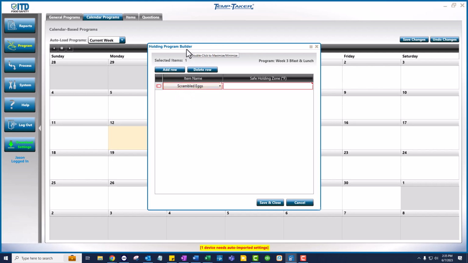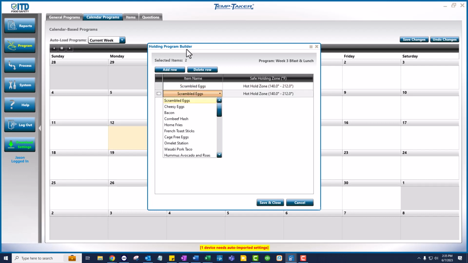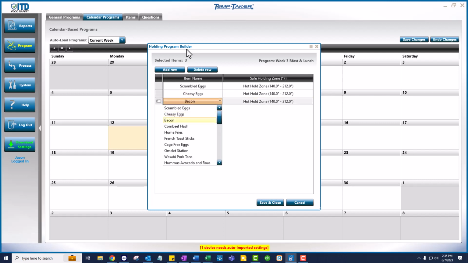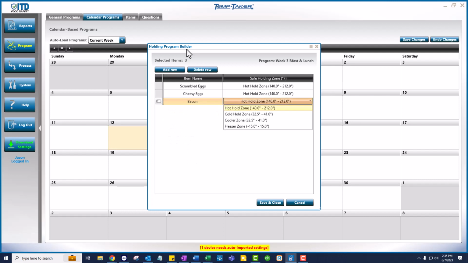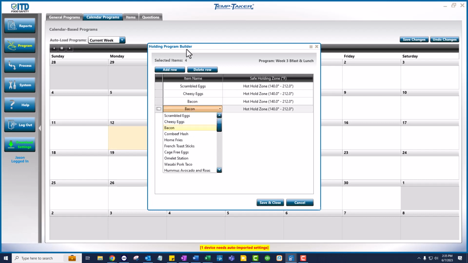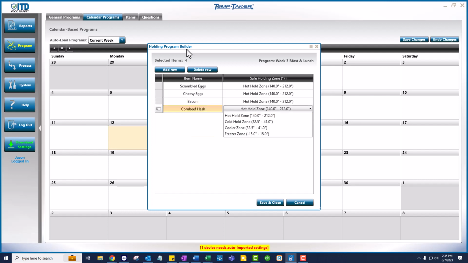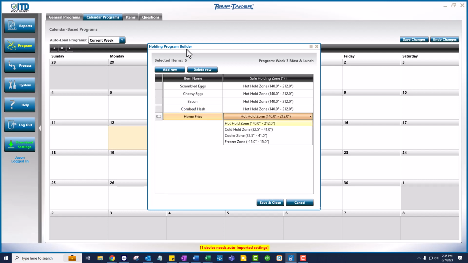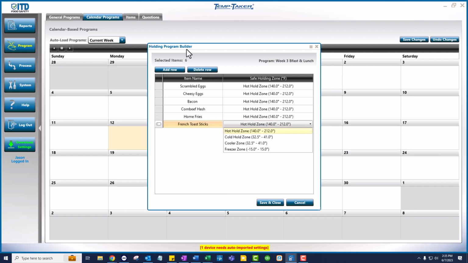I'm going to use my keyboard to tab over. I'm going to select the zone that it is in by using my arrow key. I just arrow down. Select tab again. I'll go down to cheesy eggs, to my hot hold, tab one more time, down to bacon, tab over to hot zone, and tab again down to corned beef hash. And you just continue to tab and use your down arrow key each time that you need to add another